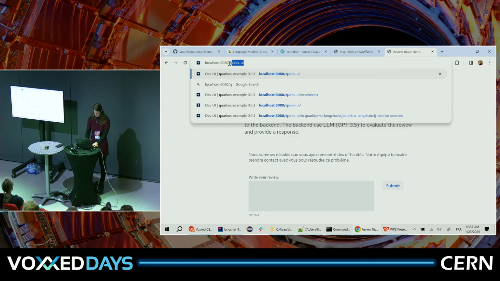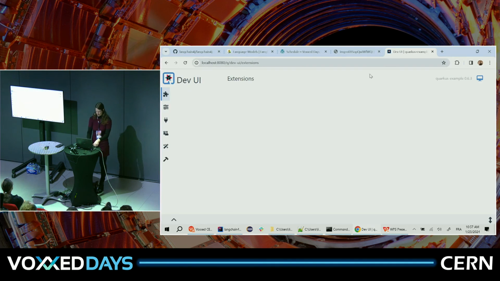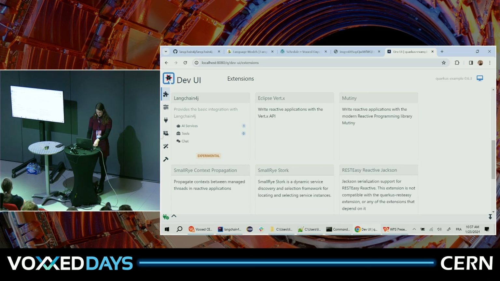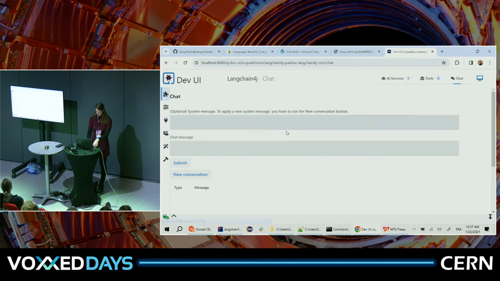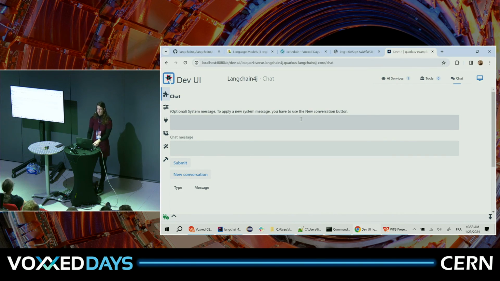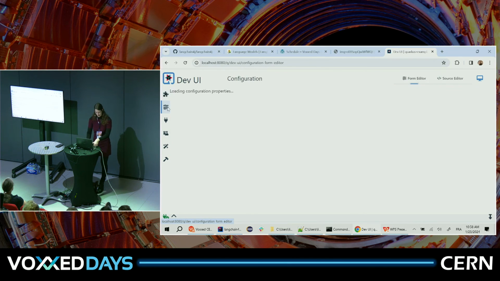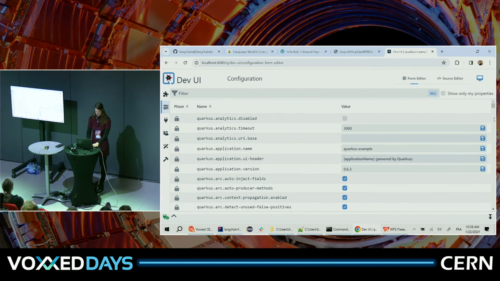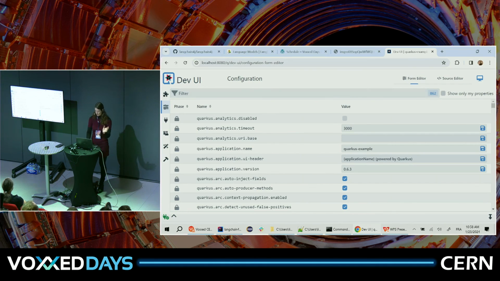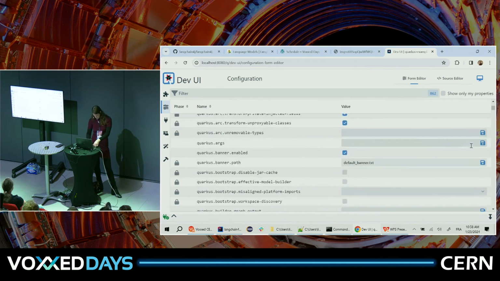And very nice, I wanted to show this, is that they have a dev UI when you go to /q/dev UI. What you have there is to observe basically your application, and specifically for LangChain4j here, experimental. You can chat a bit around, you can tweak your system message. It's really nice, and it's using the model that you actually put in there. And also interesting, you set your parameters. In Quarkus, you would usually put them in application properties. But if you don't know which ones are there, or if you want to just hot swap them, here you have the whole list of everything you can set.